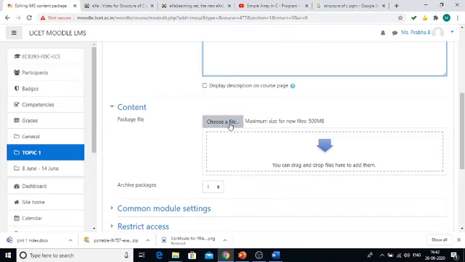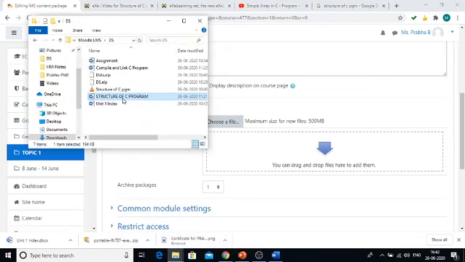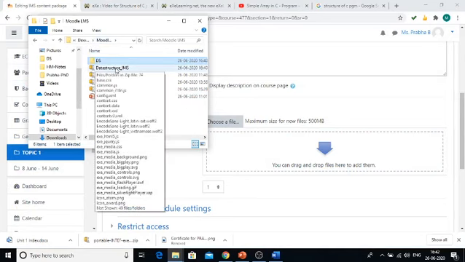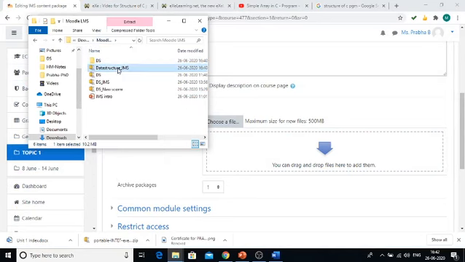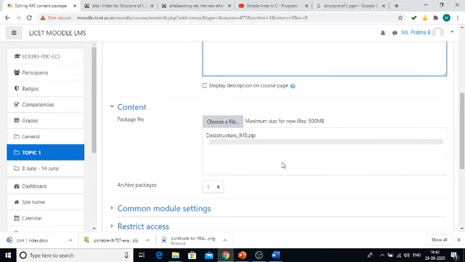Now you have to choose your file. Either you can click choose a file, or you can drag and drop your file. So this is the new file, data structure underscore IMS. I am dragging my file and dropping it inside Moodle IMS.